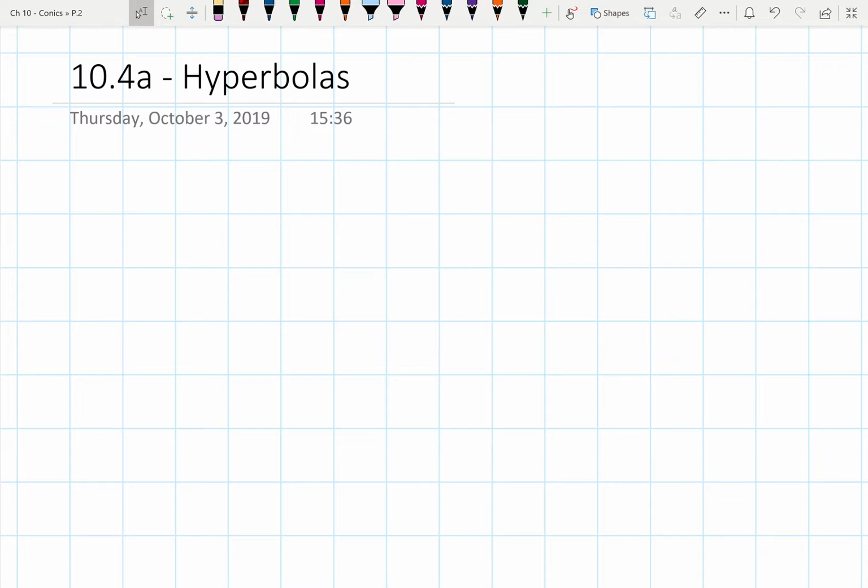A hyperbola is the same definition as an ellipse with one word change. So if an ellipse is the set of all points in the plane for which the sum of the distance between the xy and two foci is constant,